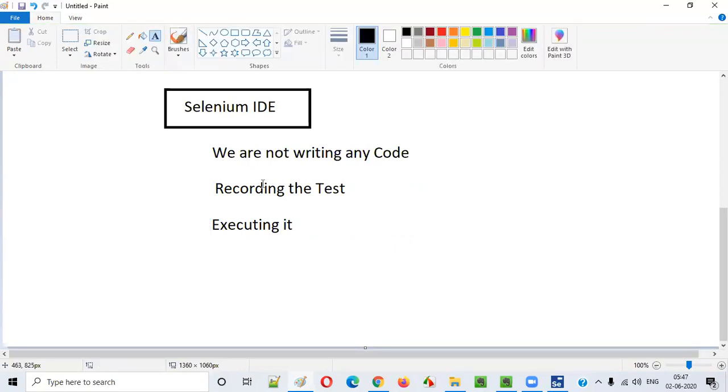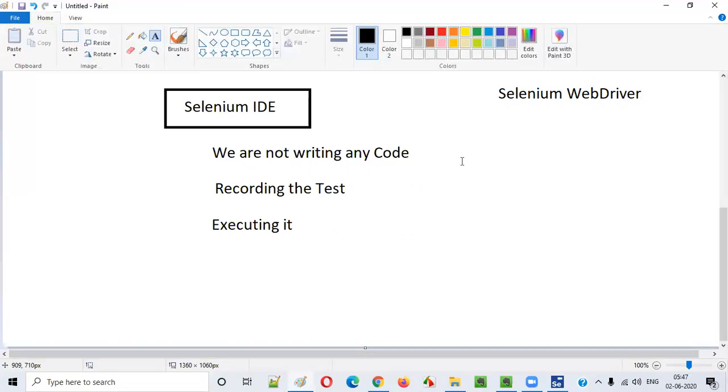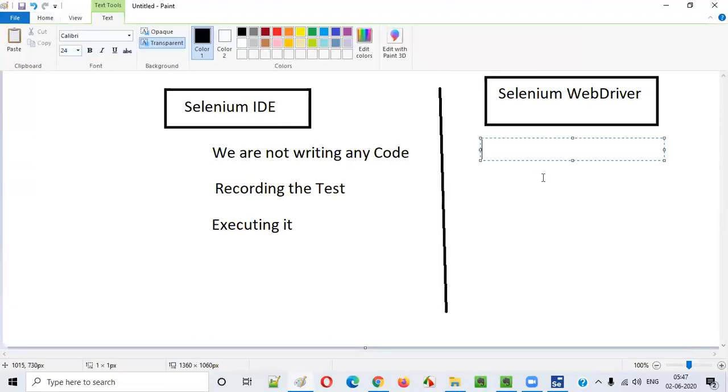So here I don't have to write any code, but if you go for the required tool in future videos, I'm going to explain about Selenium WebDriver. This is what we have to focus more about. In order to start WebDriver, we have to go through a lot of things. That's why I'm not taking WebDriver as an example here. Anyhow, in future, when we go to Selenium WebDriver, here in this case we are not writing code, but there we need to write some code.